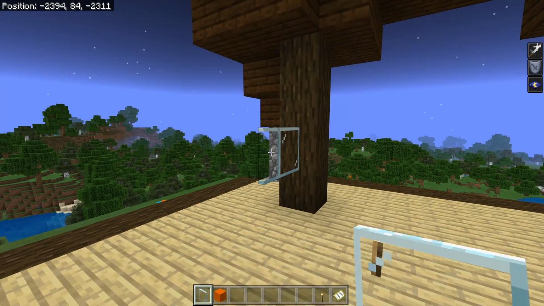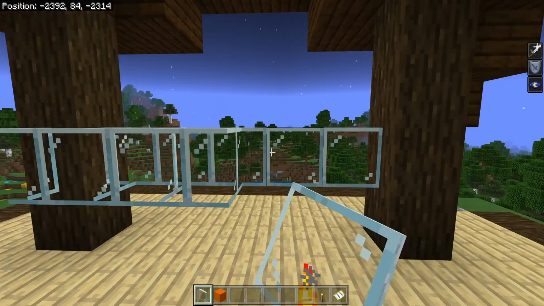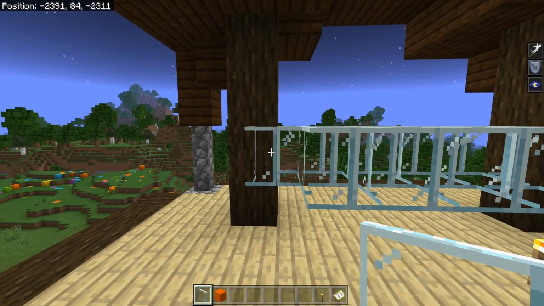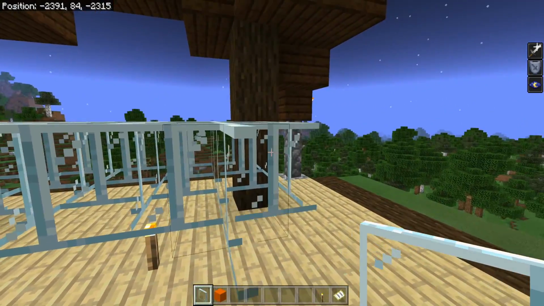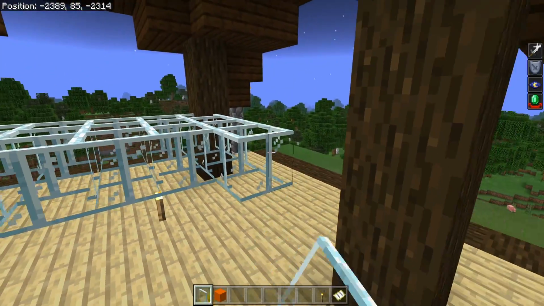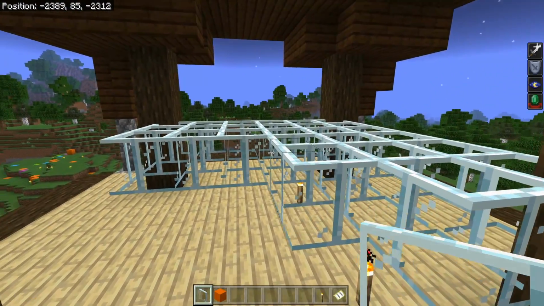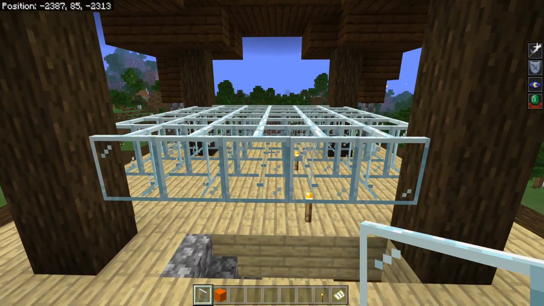What you need to do is basically just place a bunch of glass panes going all the way across this upper area, and what this is going to do is it's going to lock the pillagers in place after they have spawned. So the pillagers can actually fit in between these glass panes, and that's going to show us exactly where they're spawning. So we're going to go ahead and put glass panes all the way across this entire room right here,